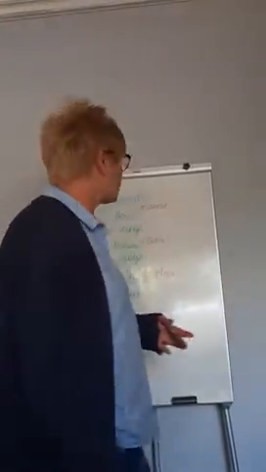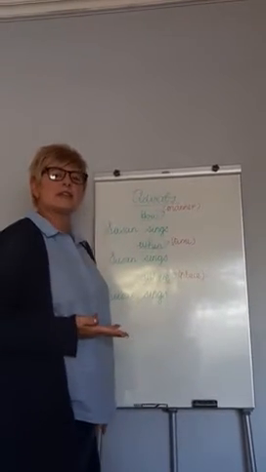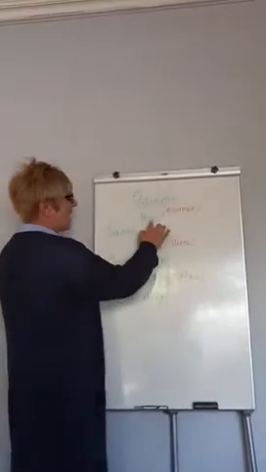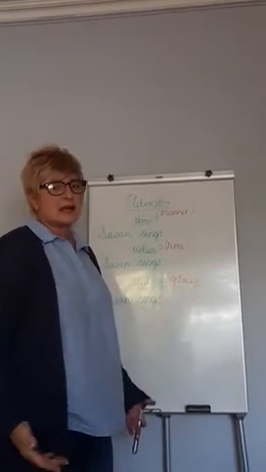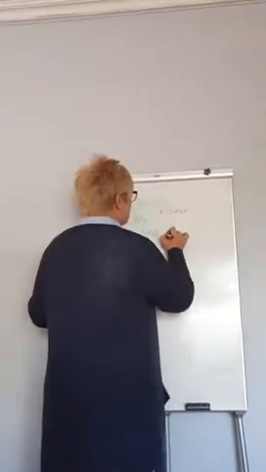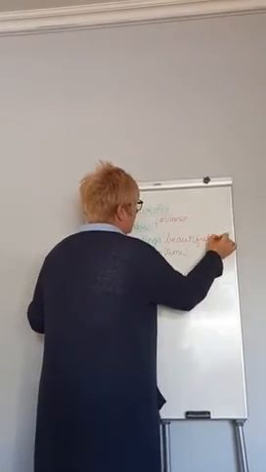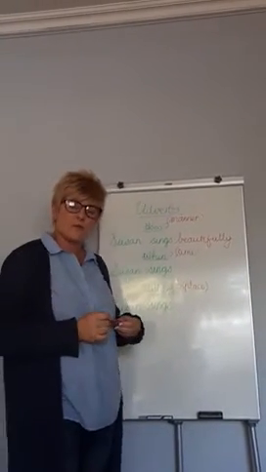An adverb of manner tells us how an action is performed. So if we look at this simple sentence, Susan sings. We want to add an adverb to the sentence to make it much more interesting. So first of all, I want to say how, or in what manner, does Susan sing. So we can say Susan sings beautifully. So I'm going to write the word beautifully, because it tells us how Susan sang, and that's why it's an adverb of manner.